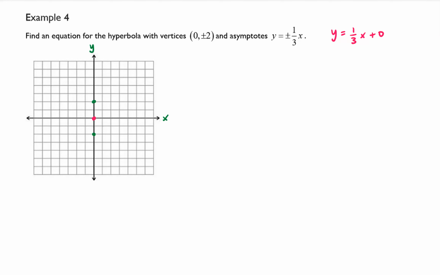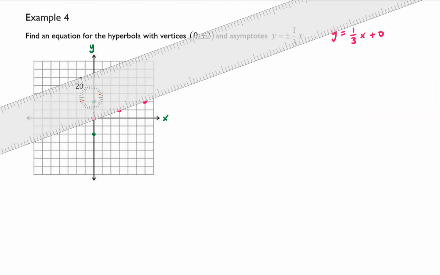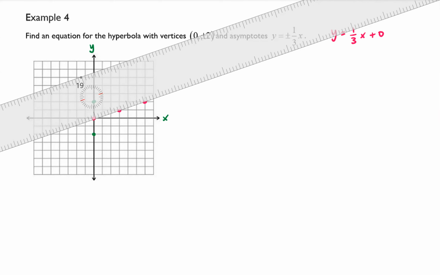I'm going to find a point by using rise over run. My slope is 1/3, so I'm going to go up 1 over 3. Okay, so there's 1 point, and then I'm going to go up 1 over 3 again, and now that I have 3 ordered pairs, I can go ahead and connect those